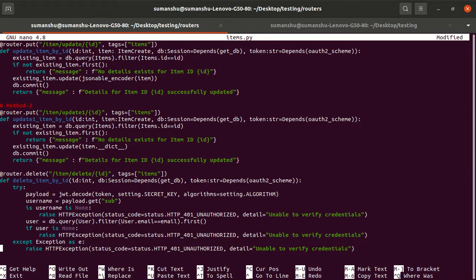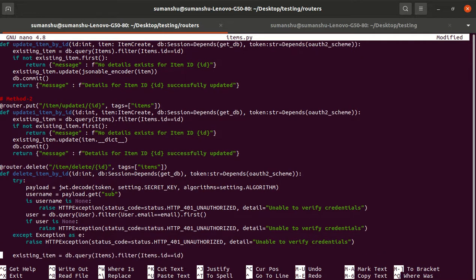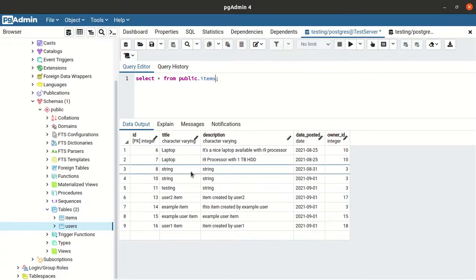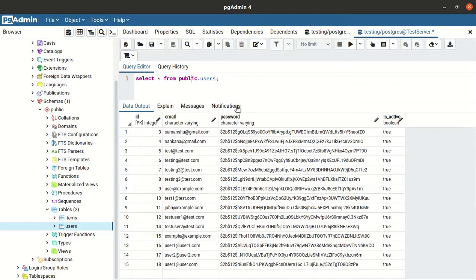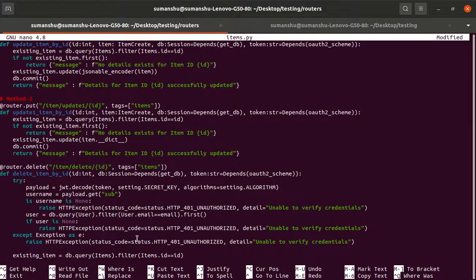So now we have the user. Getting the user means we have the whole row. Let's suppose I enter the email as user one, so after getting the query I get this whole row like ID, email, password, is boolean, but I need only the ID field. So how to get the ID field?